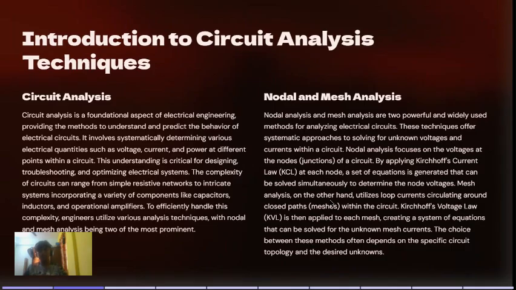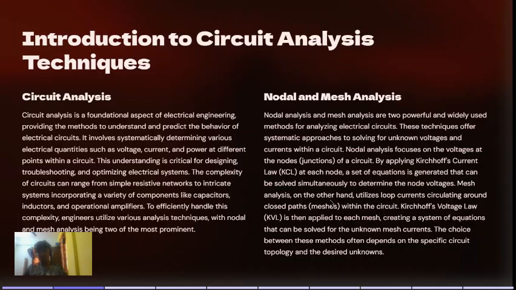Nodal and mesh analysis. Nodal analysis and mesh analysis are two powerful and widely used methods for analyzing electrical circuits. These techniques offer systematic approaches to solving for unknown voltages and currents within a circuit. Nodal analysis focuses on the voltage at the nodes, junctions of a circuit. By applying Kirchhoff's current law at each node, a set of equations is generated that can be solved simultaneously to